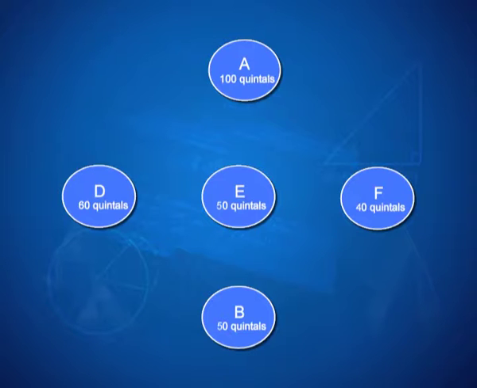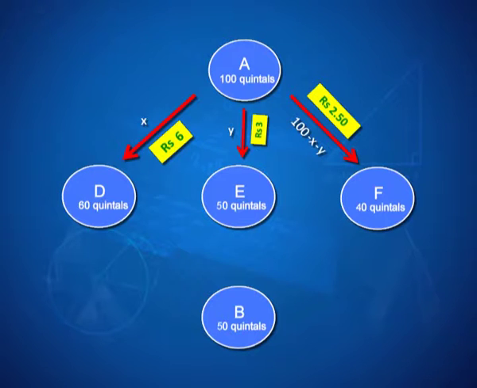Started with the assumption that let X quintals be transported from godown A to shop D, Y from A to E, and therefore, from A to F you will get 100 minus what has gone to D and E. So, therefore, 100 minus X minus Y quintals will be transported from A to F. Now, I am sure you can figure out how much will get transported from B to D. D has already got X quintals from A. So, from B it should get 60 minus X quintals, from B to E 50 minus Y quintals, and then